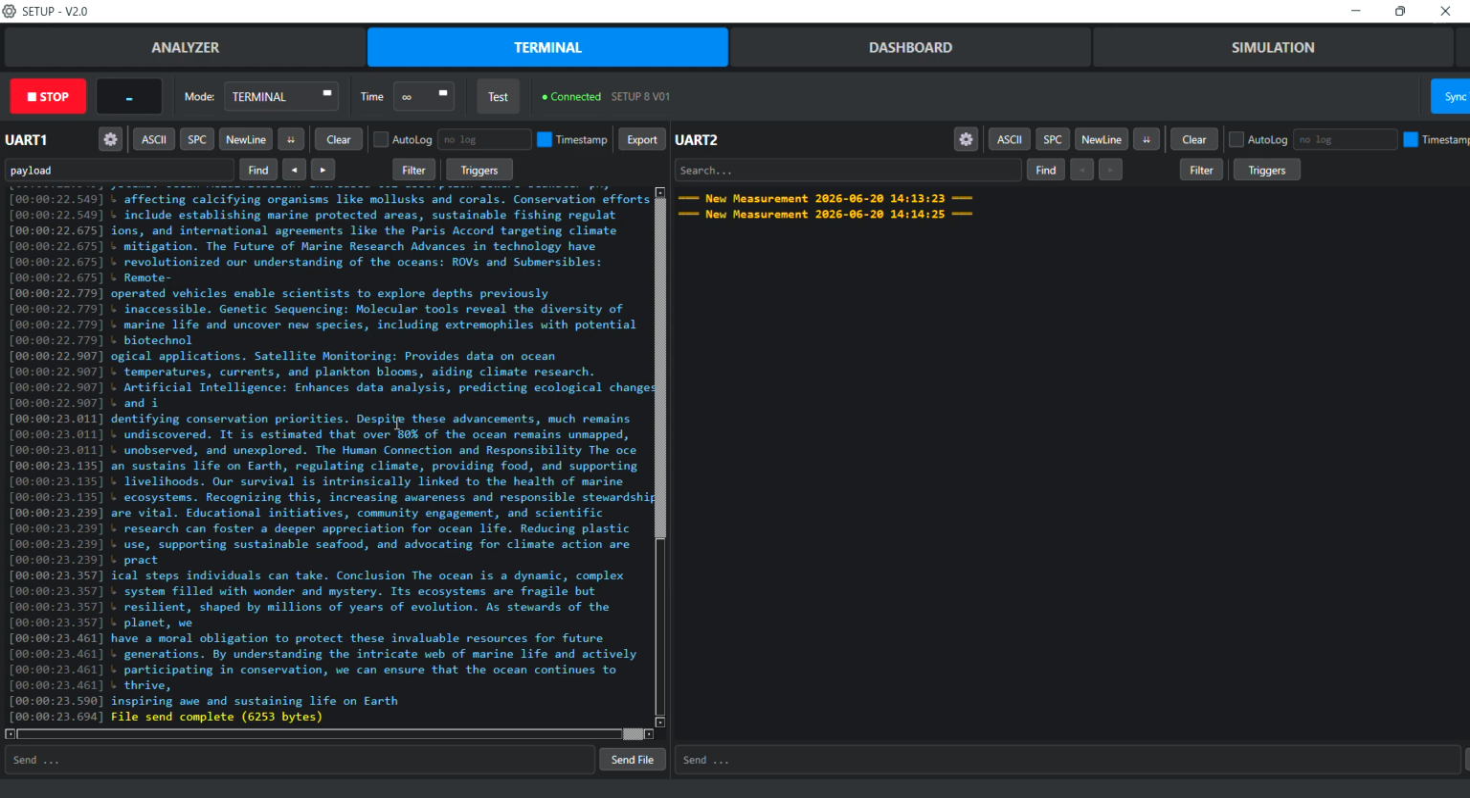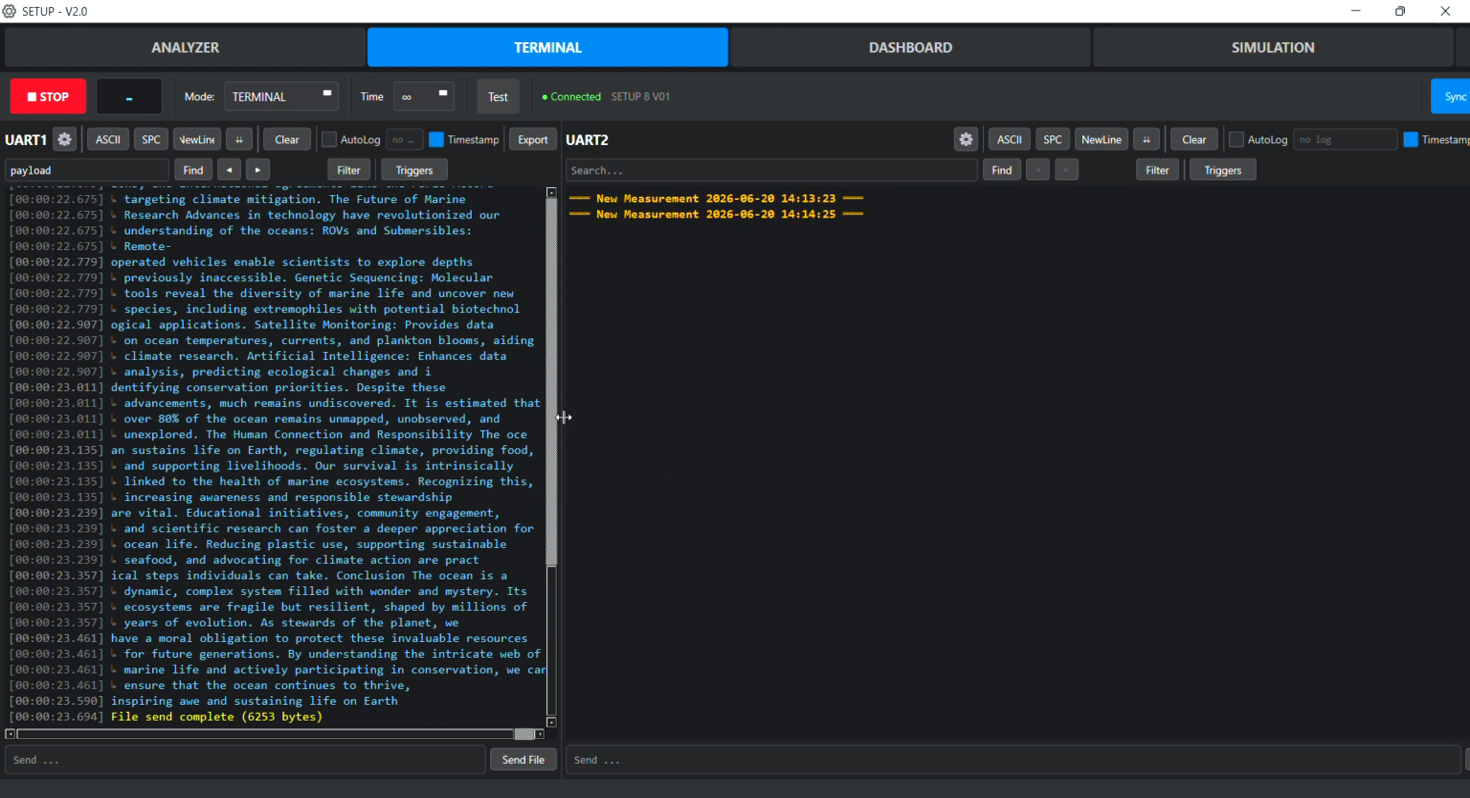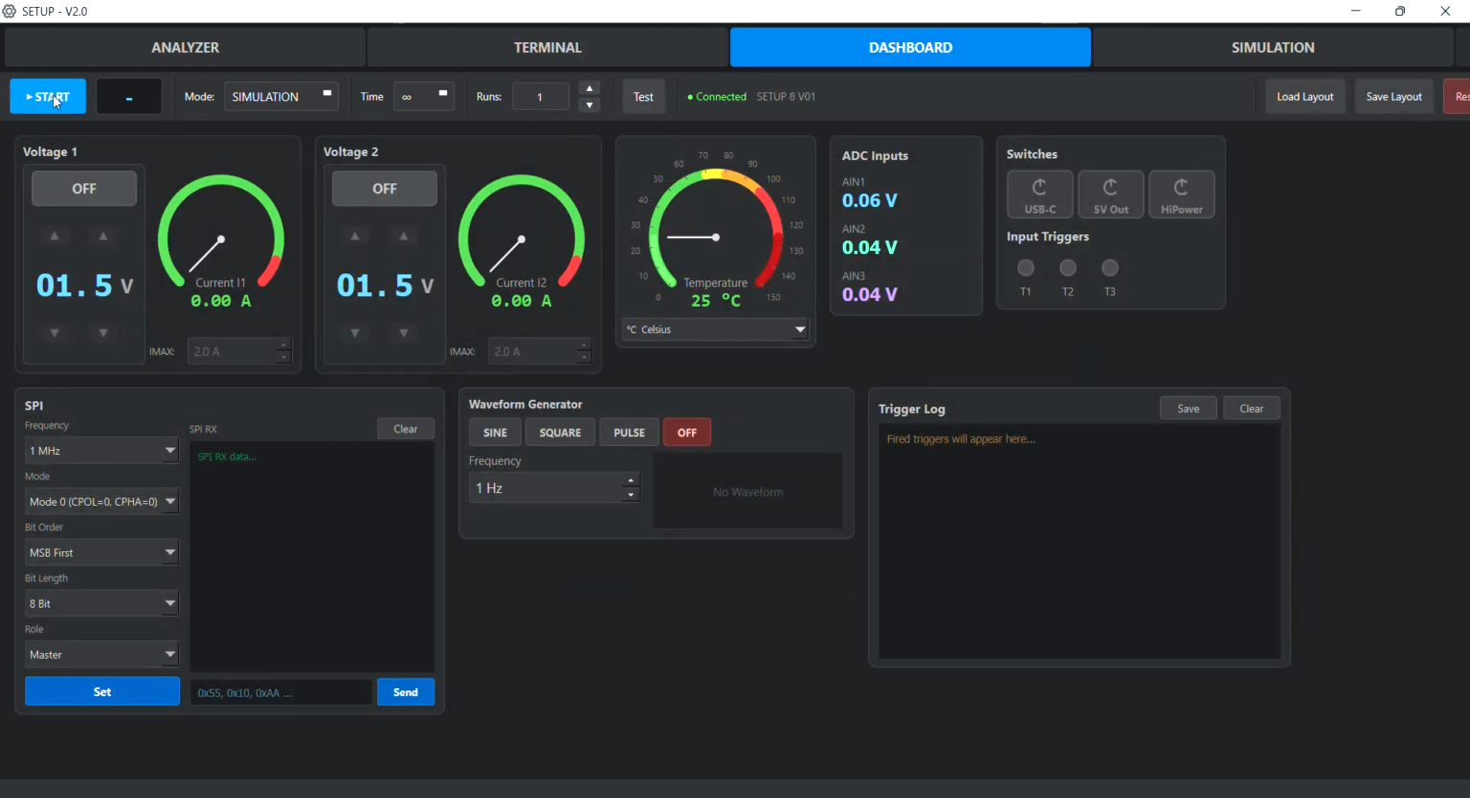Other than that, let's focus on the USB CDC input. With this option, you're able to log something which comes from Arduino or all these dev boards which give out their serial through the USB port. To enable this, we go to Dashboard, press Start, we activate our